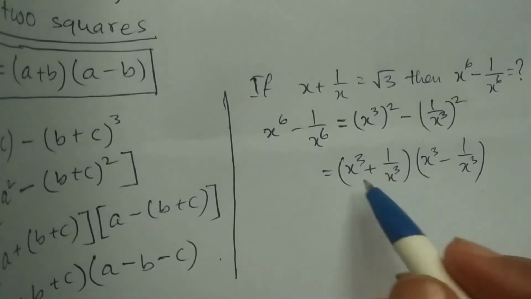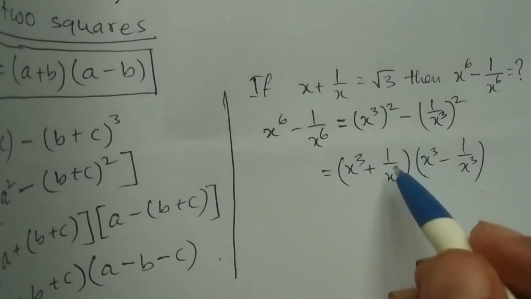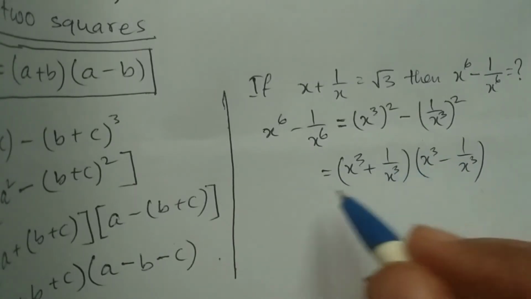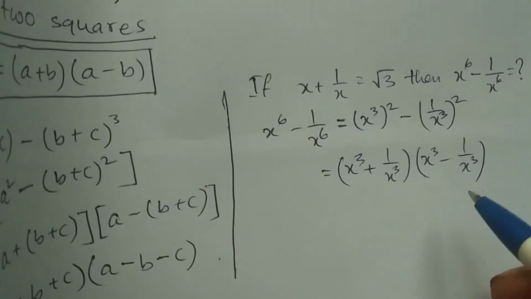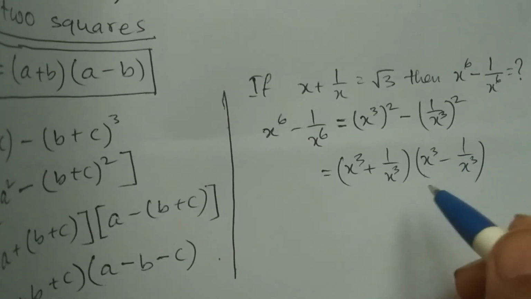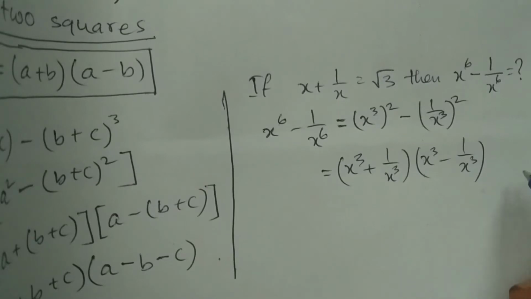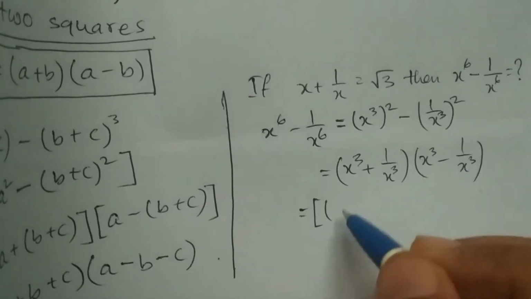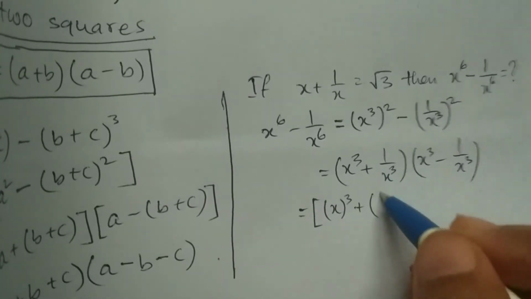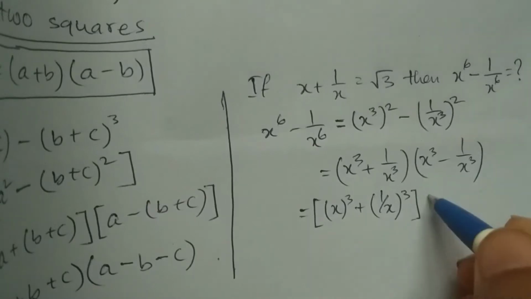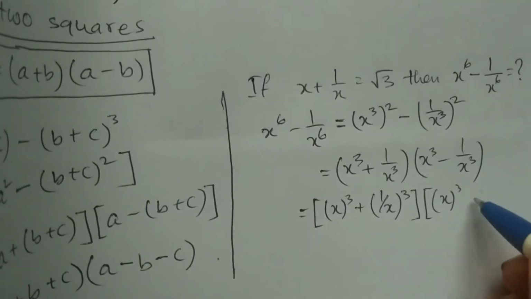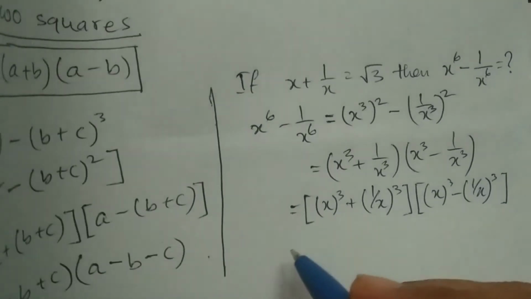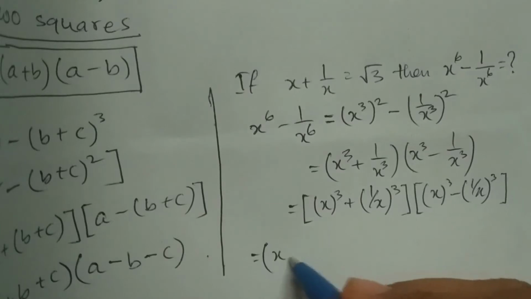Now I think we know the formula of a cube plus b cube. It's looking like a cube plus b cube, and this is a cube minus b cube. The formula of a cube plus b cube is a plus b into a square minus ab plus b square, and a cube minus b cube is a minus b into a square plus ab plus b square. Okay, so a means x and b means 1 by x. Similarly, same over here. So x plus 1 by x